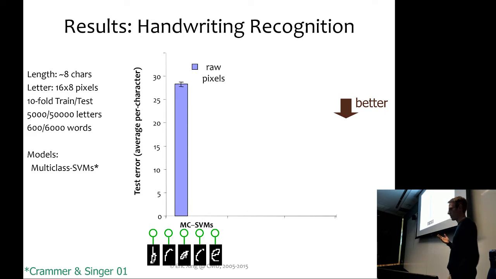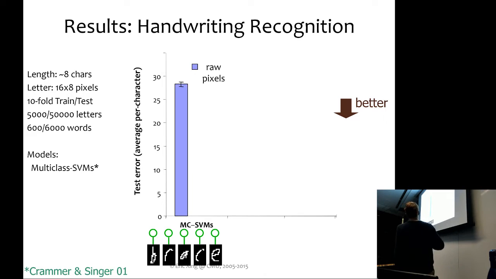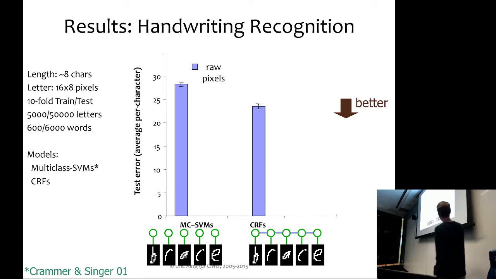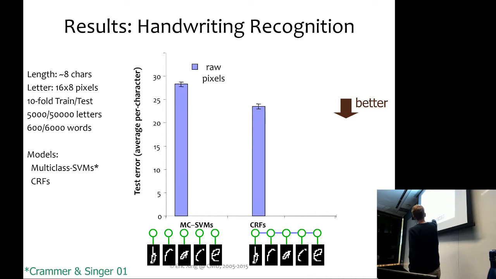So here we can look at a couple different models, say for handwriting recognition. This is a slide that I had pulled up before, but now I want to focus a little bit differently on the actual M3N results. So here, the first baseline model is just taking each character for an optical character recognition task and independently predicting what letter it is. And over here, this is a linear chain CRF over those characters, where it's using a similar linear model for the actual factors that touch the image.